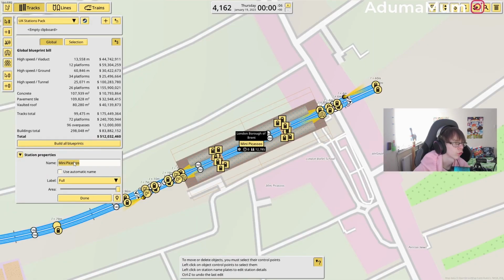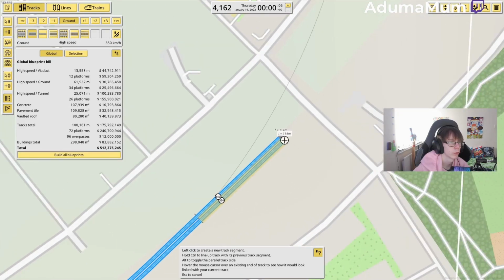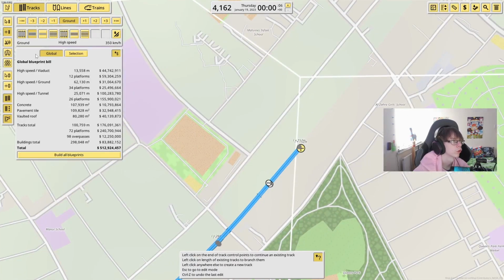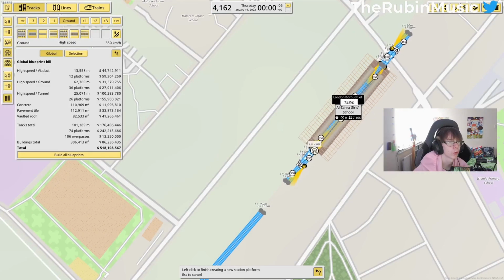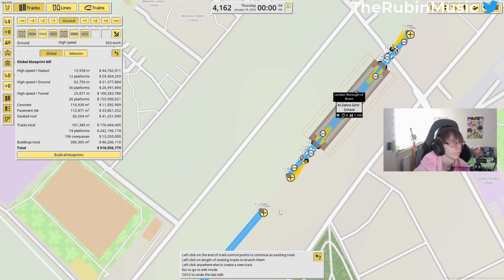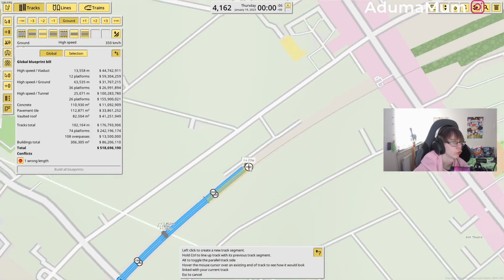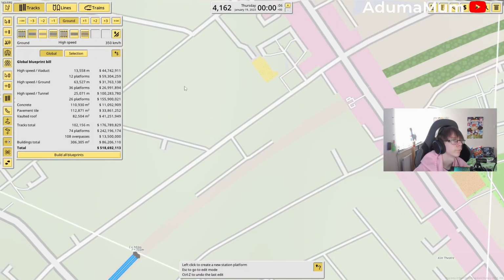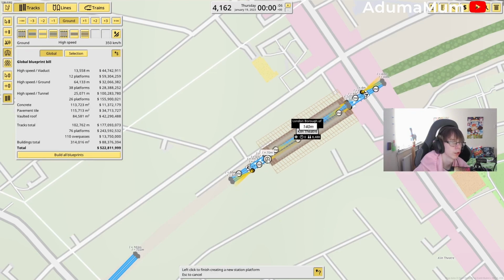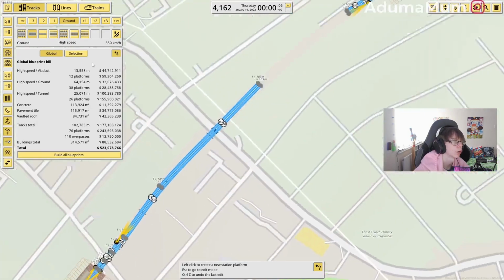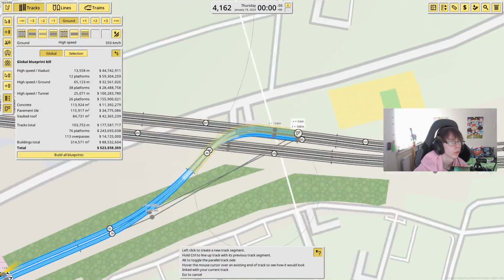for Kensal Rise. And we're going to curve out of here. We're not going to go that far up the road for Brondesbury, and then from here we're going to come up here, and this one's going to be Brondesbury and the other one will be at Brondesbury Park. So I'm going to